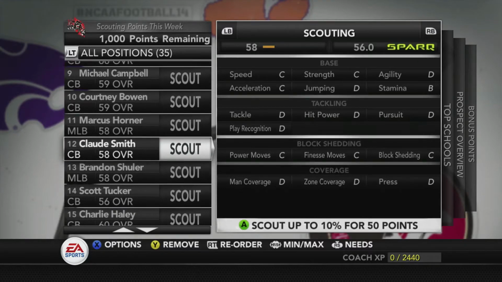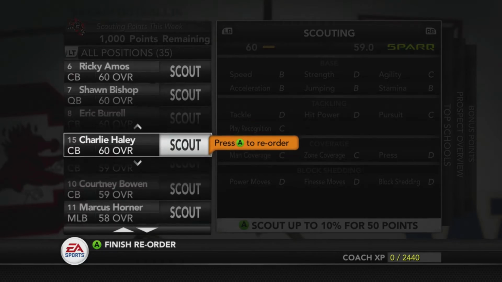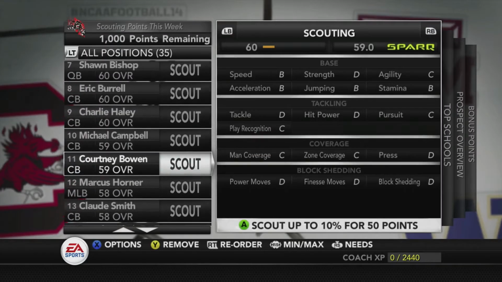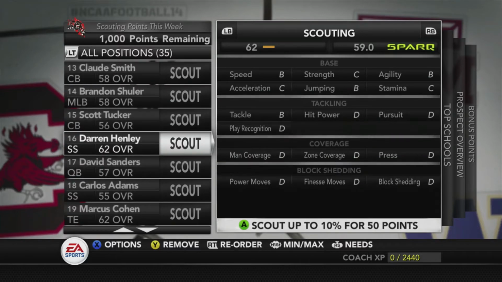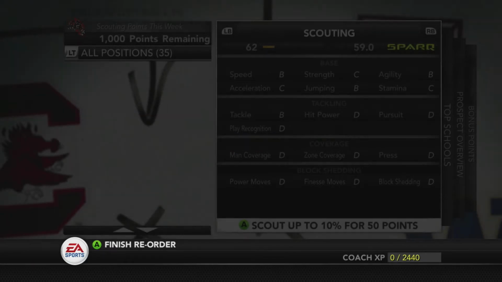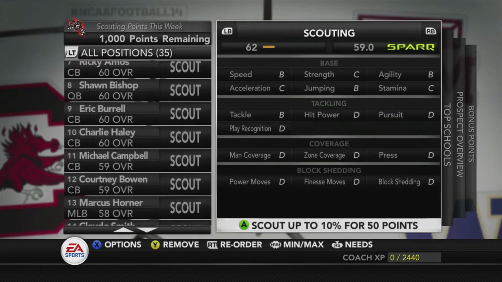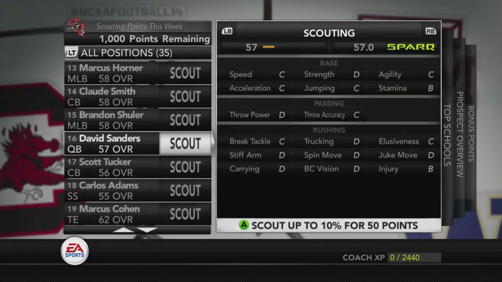And maybe we get lucky and they're even a gem. If we could get a high 60, that's a guy that might even start for our squad come year 2 or 3. And these lower 50s probably aren't going to add up to much, but we at least need to fill out our team needs. We got a few more guys toward the bottom of the list here that need to be